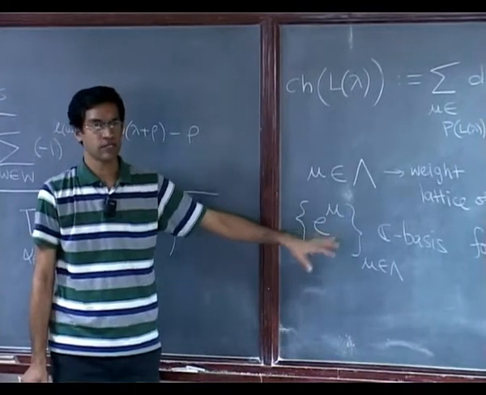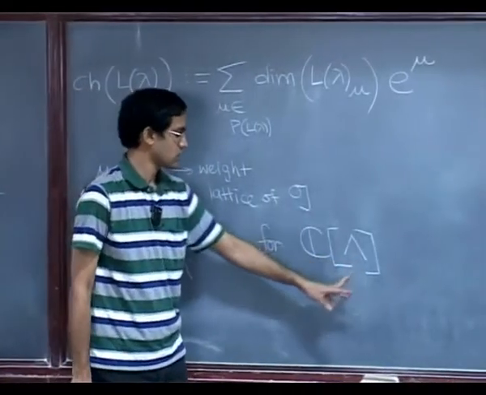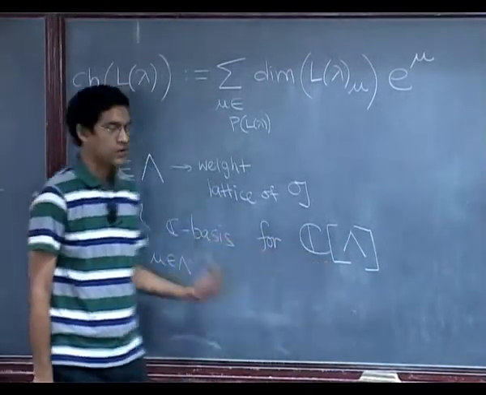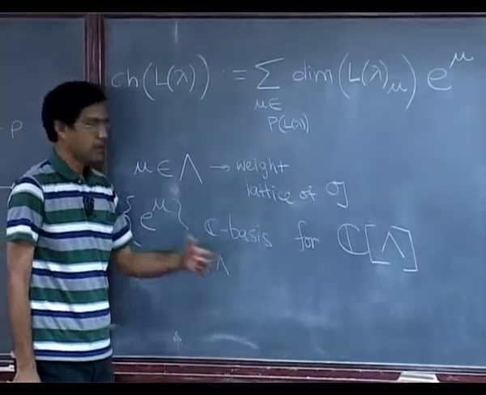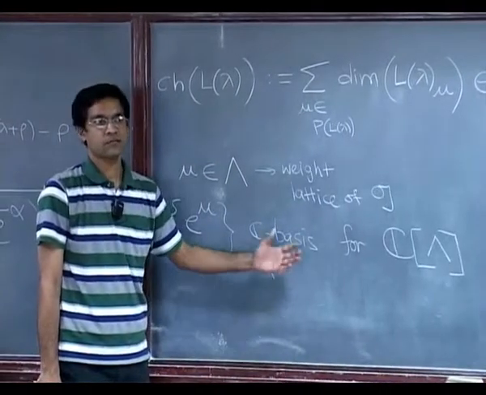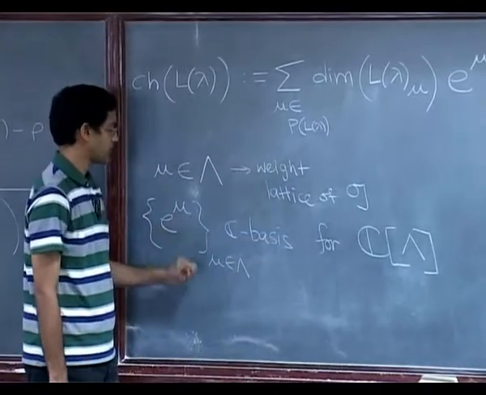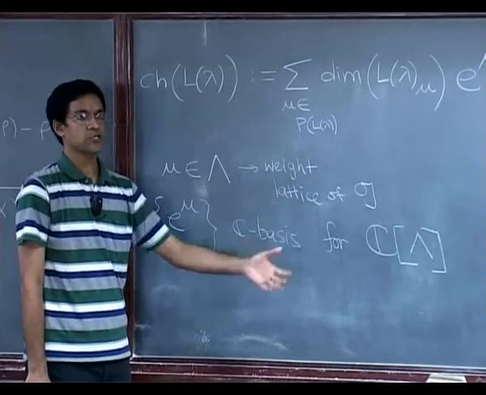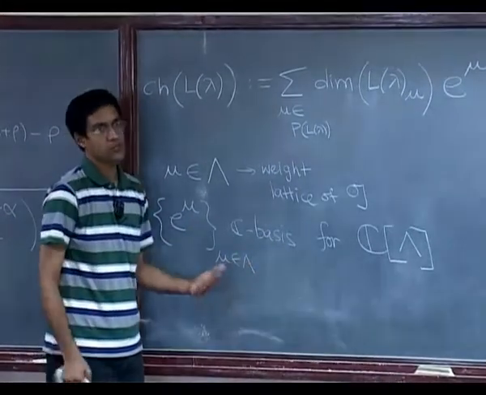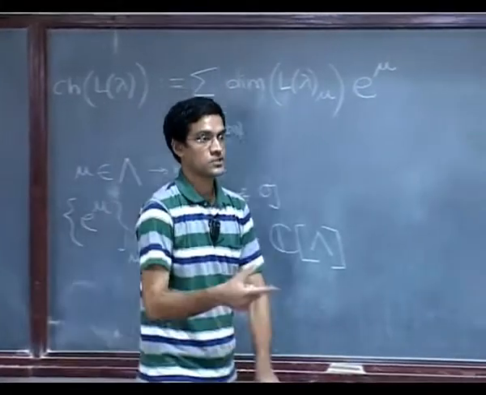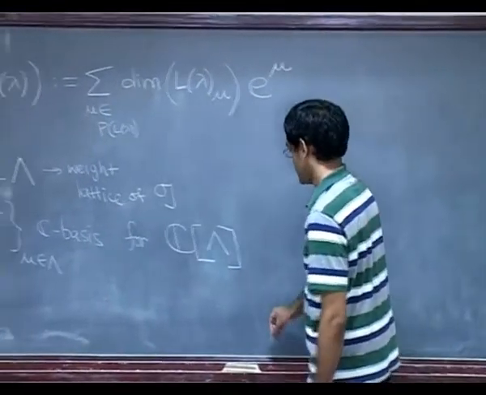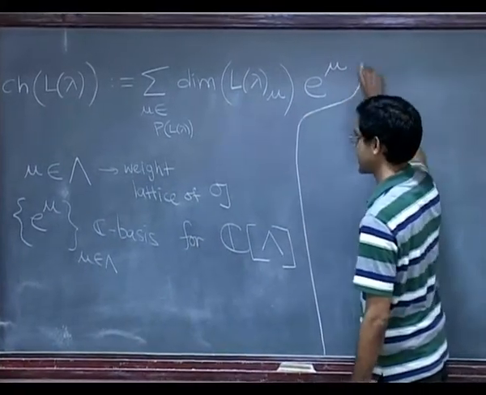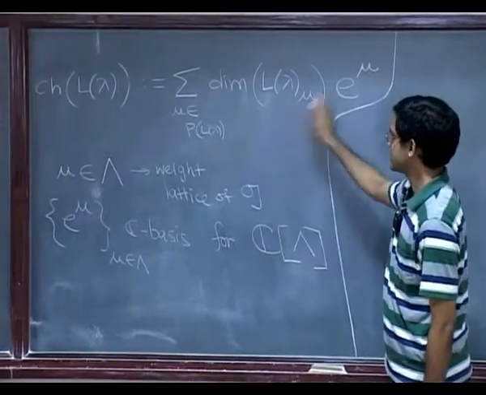So, this is where all the action is taking place, inside the group ring of the weight lattice over the complex numbers, and this, recall, is more or less the definition. You form all these formal exponentials, one for each element of the lattice, and then you define rules of addition and multiplication. They multiply by saying e to the mu 1 times e to the mu 2 is e to the mu 1 plus mu 2, right? The way exponentials would multiply, and addition is just formal addition. e to the mu 1 plus e to the mu 2 is just that new symbol. So, it is the free vector space that you can form on these symbols, and the multiplication is the key thing. Okay. So, that is where all these things live.